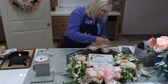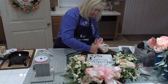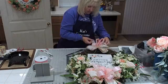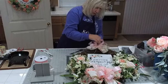So there's that. So I'm just taking my bows and pulling them in opposite directions, like I have the lace up here, the lace completely opposite, so pink's here, and then we'll have our peach